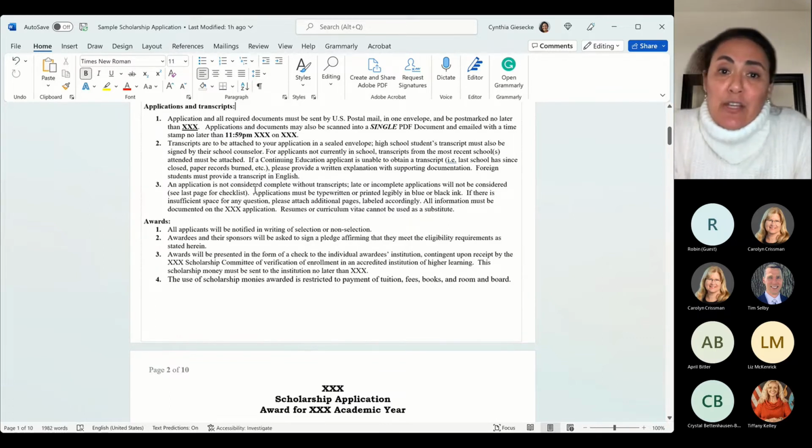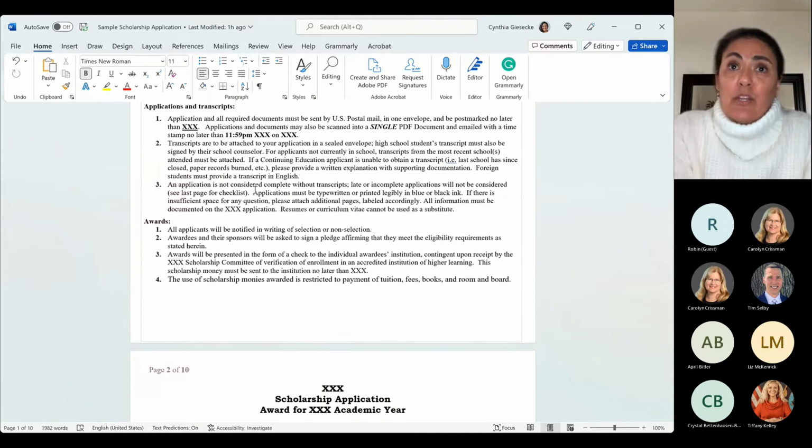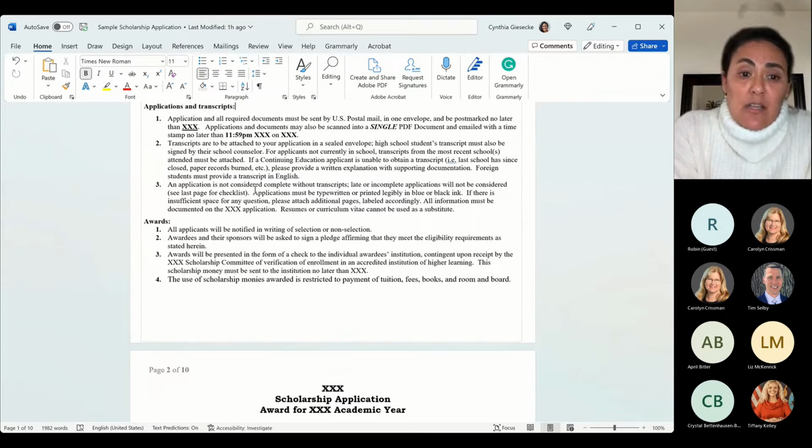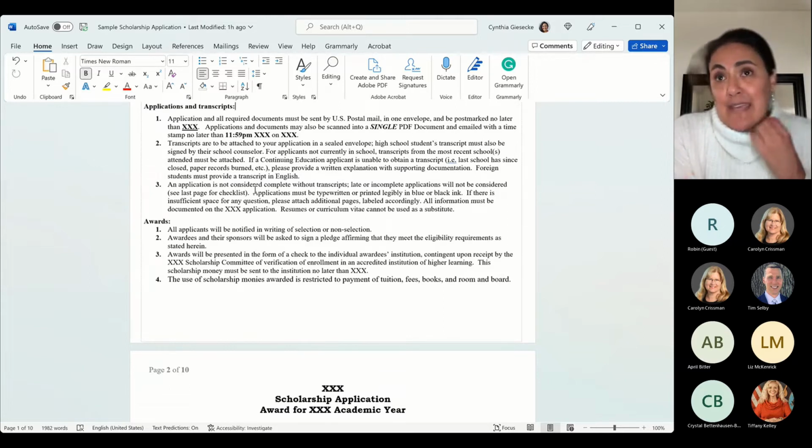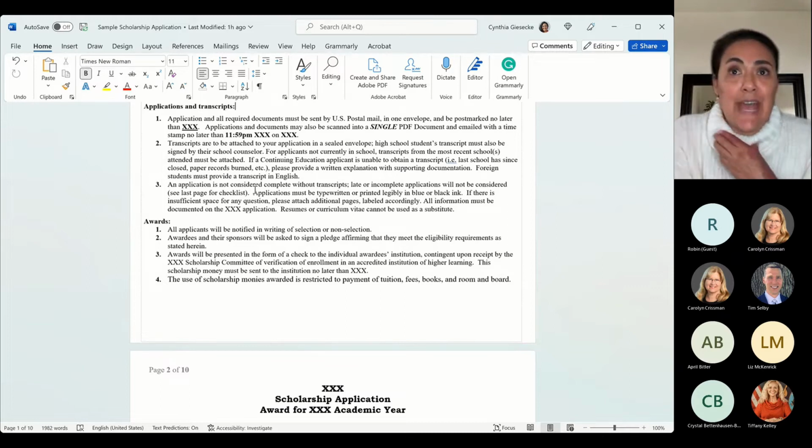If you're not going to go through a postmarked date and it just needs to be in your mailbox, but by a certain time, you want to make that clear. So you want to be as clear and concise as possible so that your applicant can make sure that they're following it and there's no question of unfairness or clarity from your side that the applicant can come back and say, wait a minute, you didn't say this, or you didn't do that, or you didn't ask me to do